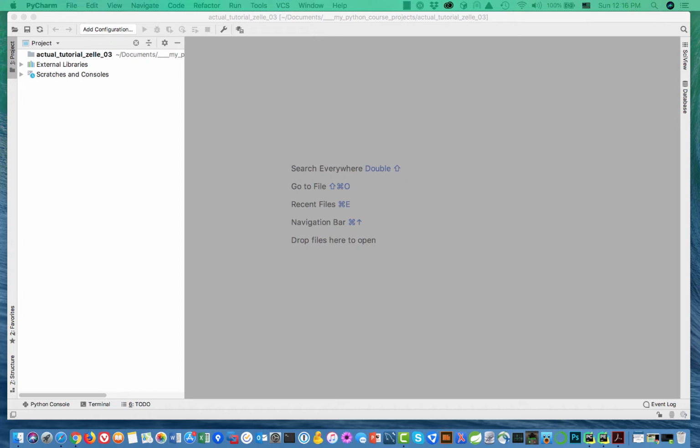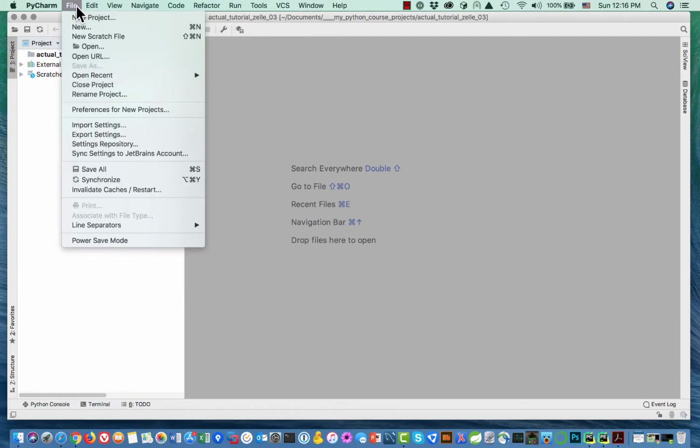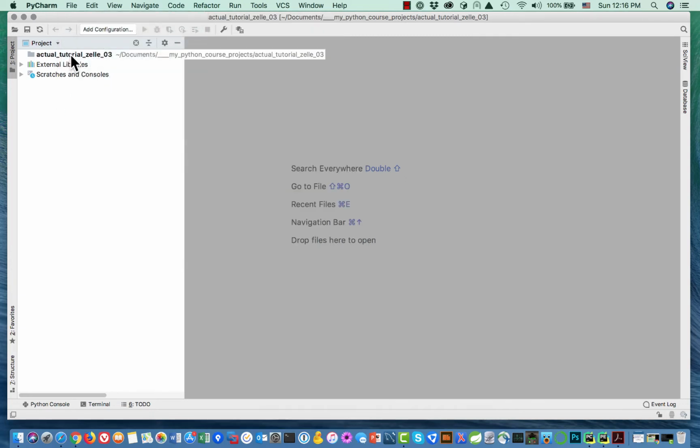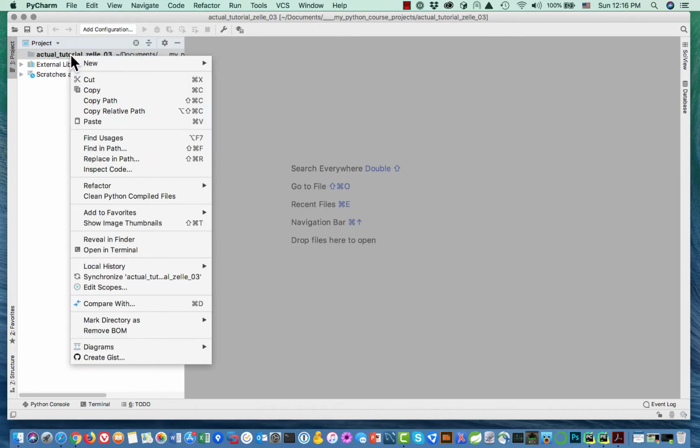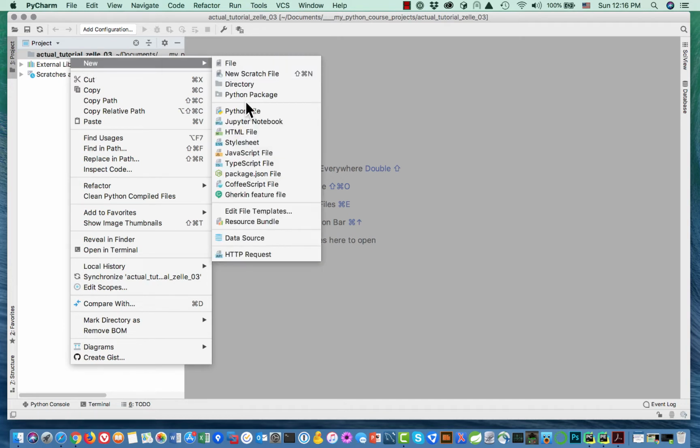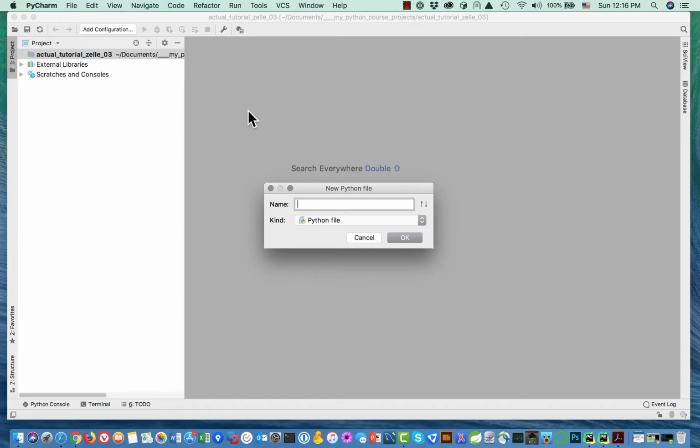So let me create a new Python file. I'm having a hard time here. Oh, that's because I'm not on the project. So new Python file. And I'm going to call this integer division